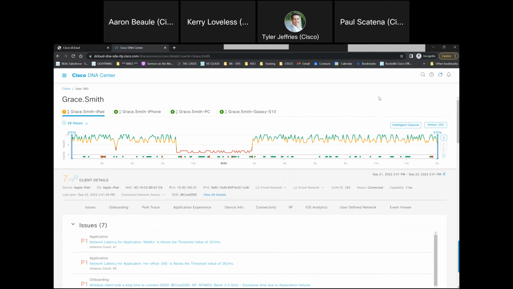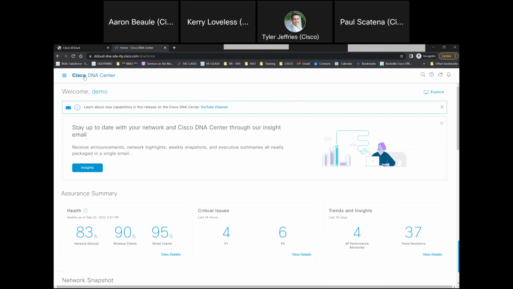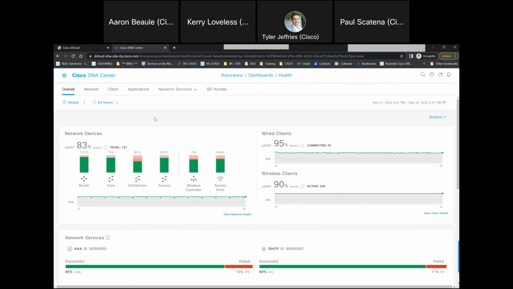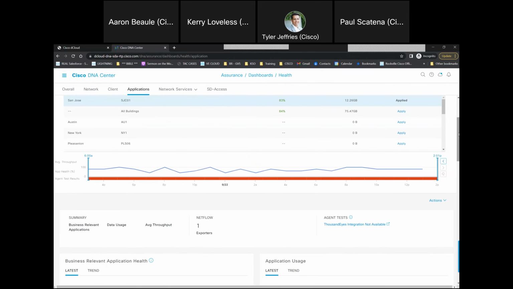Now, some other things here related to integrations. If I go back to my home screen here, we talked about health, and I've run out of time here, folks, but let me cover a few things. If I go into the details of health, I can look at applications as an example. And for any of you who have heard of Thousand Eyes, right? I encourage you, if you haven't heard of Thousand Eyes, contact Cisco partners or your account team and get an